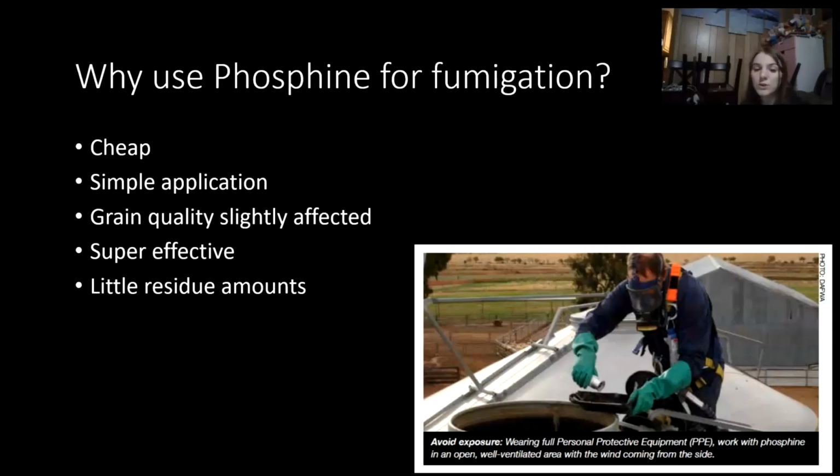In order to fumigate grains, they have to put it into the silos. So what they do is they open a container, as seen on the right hand side, pour some pellets or gas into a container and dump it into the silo. And they must wear protective equipment for this due to the fact that it is corrosive and it can cause skin damage and eye damage.